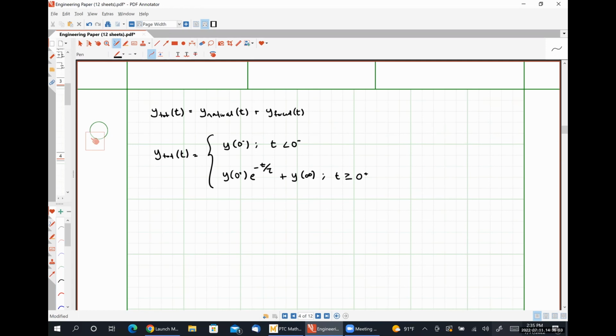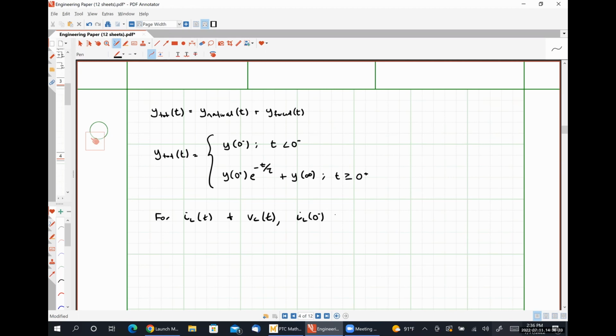Now, the problem with this is that for capacitors and inductors, specifically capacitor voltage and inductor current, the way that this equation is written does not force those quantities to be continuous functions. So what I mean by that is we know that for IL of t and VC of t,